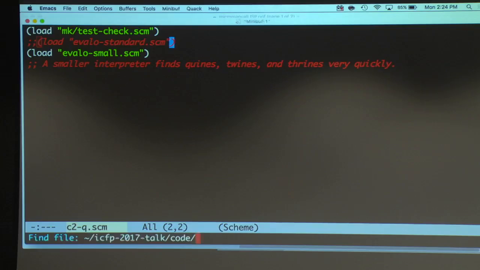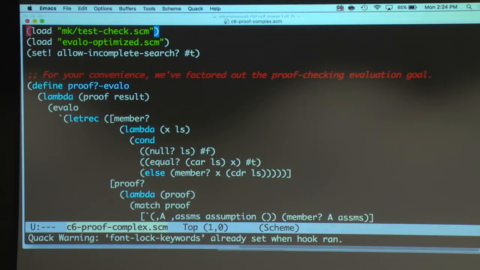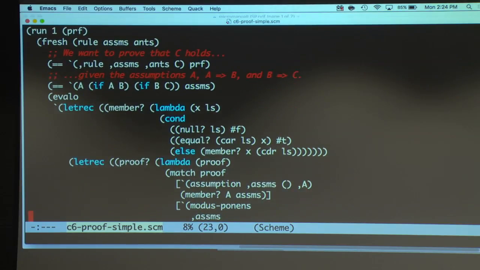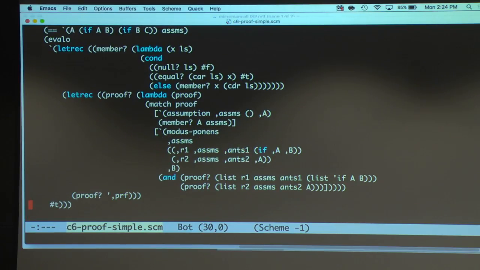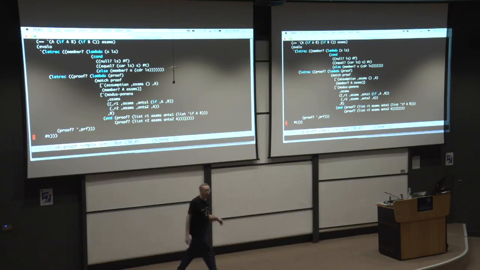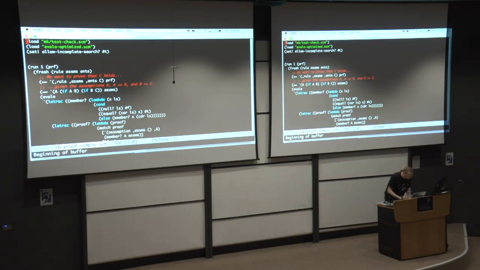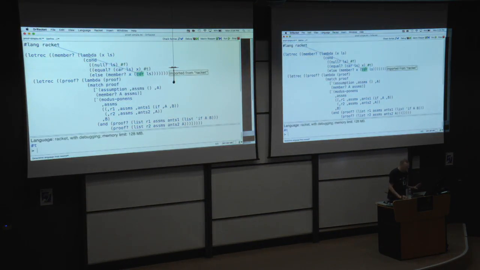So how about we look at a proof checker. I'll show you the simple one. This is a proof checker that Matt Might wrote in Racket, for some reason. I don't know, he was writing a blog post or for a class or something. It's just a little proof checker for propositional logic, and it has modus ponens and assumptions. That's it. Here's the version in Racket. It's the same code. So here's the proof checker version.